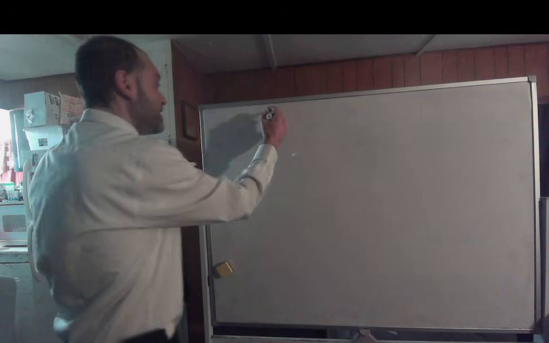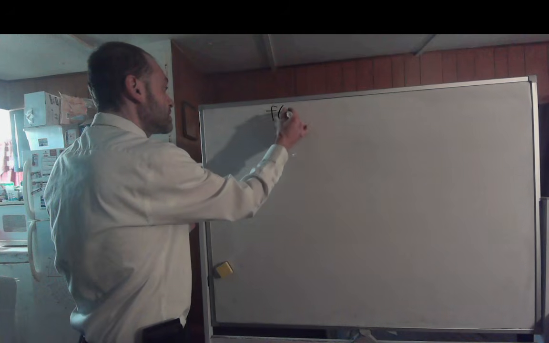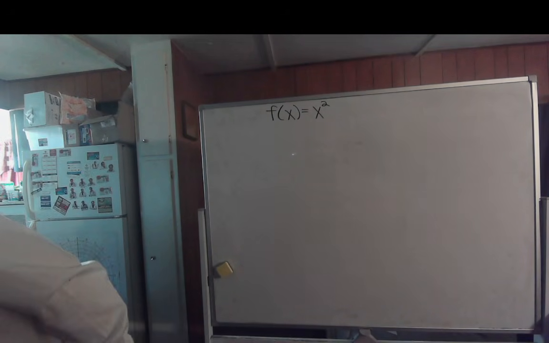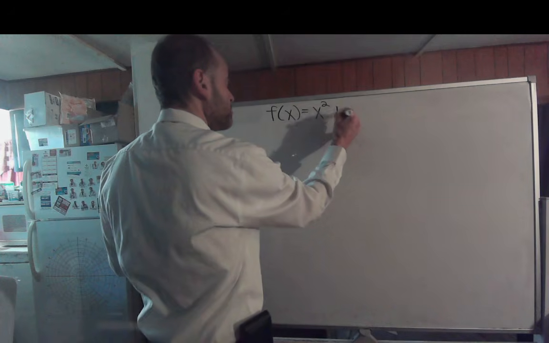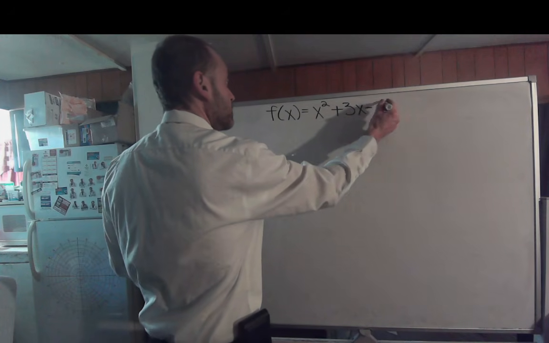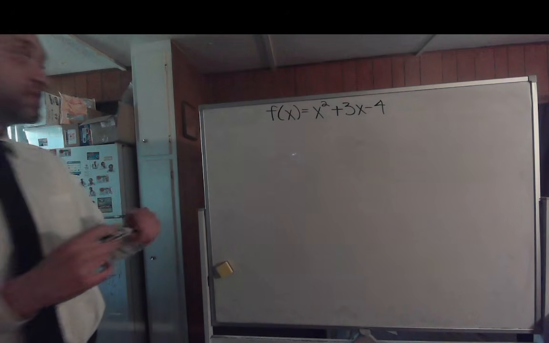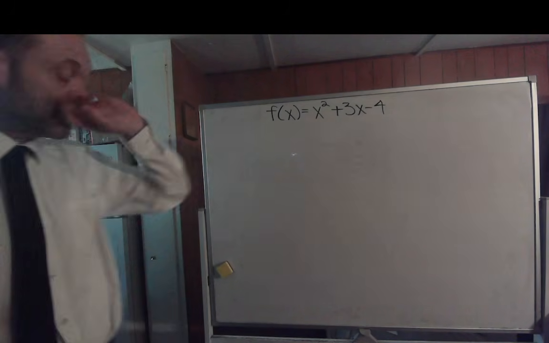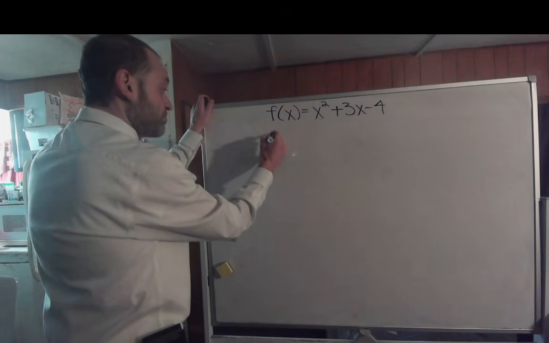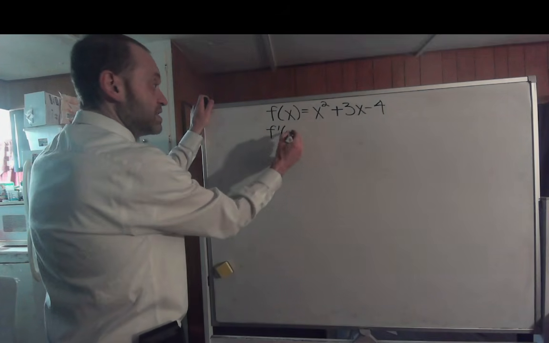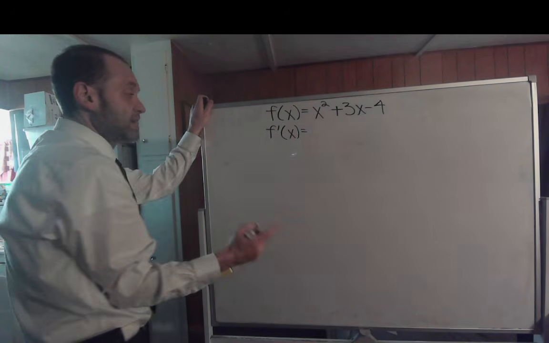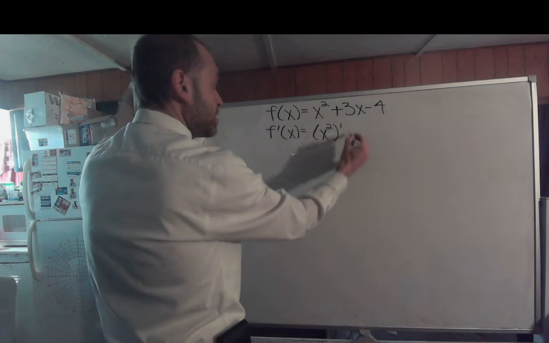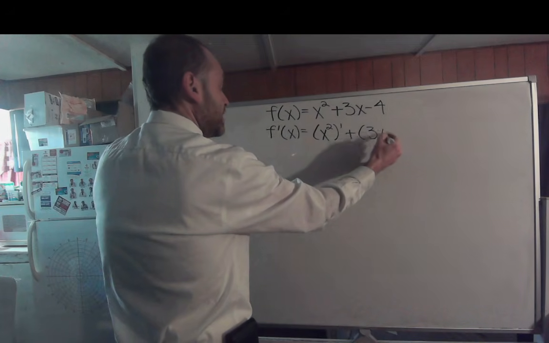All right. Let's say I have f of x equals x squared plus 3x minus 4. So we got this function here. To find f prime of x, I can use the sum and difference formulas. That's going to equal my x squared prime plus my 3x prime